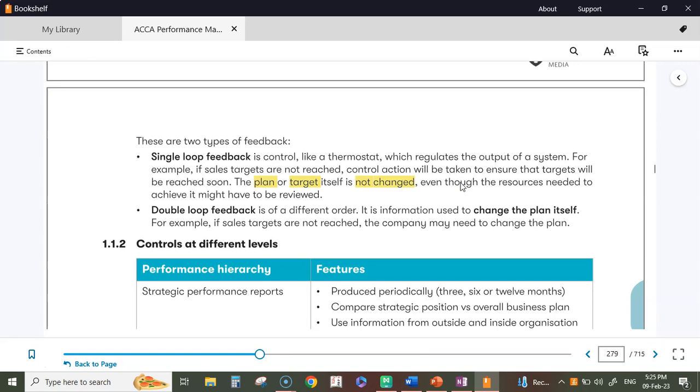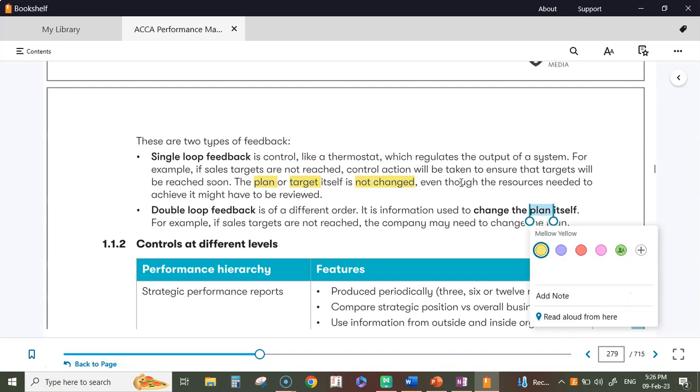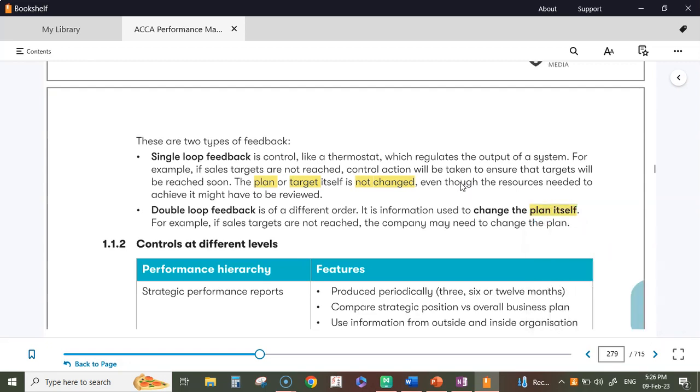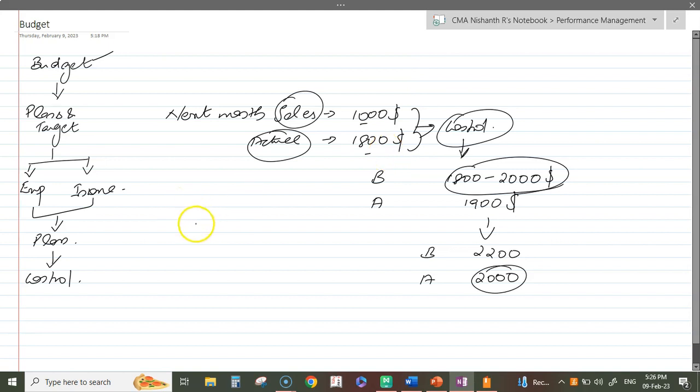Okay, fine. Now, double loop feedback is of a different order. It is information used to change the plan itself. Here you change the plan. So say I set my target as 2200. I only achieved 2000, right?